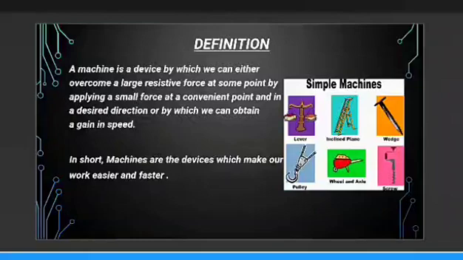Different types of machines are there. In a picture, if you see, there is a lever that is called a beam balance. Then there is a wedge. Then there is a pulley. There is a wheelbarrow. There is a screwdriver. So these are all types of machines which we are going to study in this chapter. So machine is anything that will do our work easily and it will save our time. That is, it will do our work at a greater speed. Hence it is written that it can help us to gain in speed.